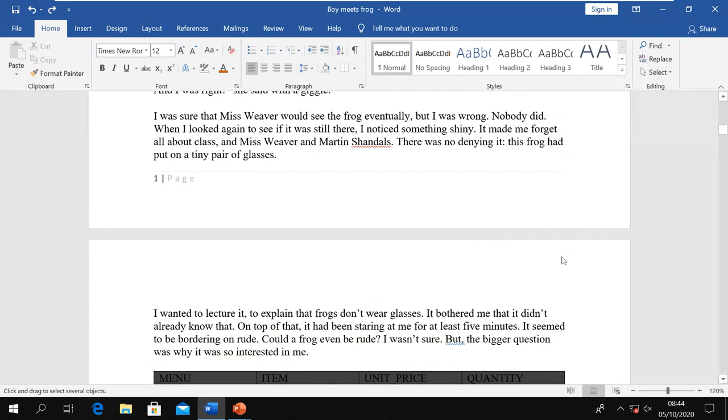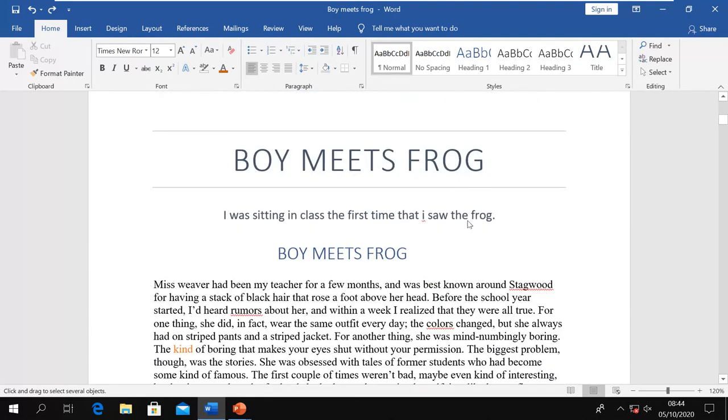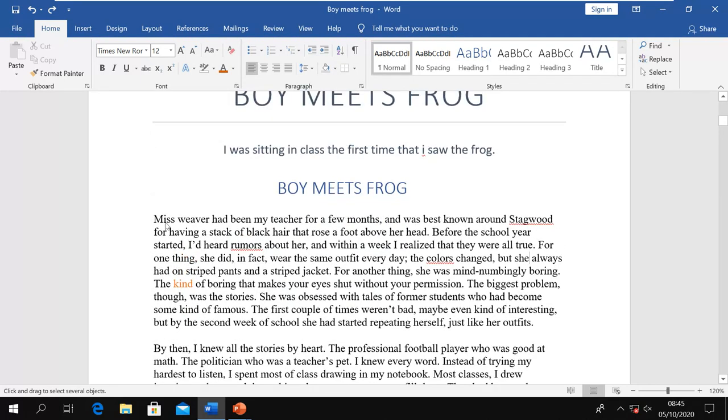Or I can go for select all text with similar formatting. Similar formatting means if you have some text with similar formatting in your document, then you can select only that text. Suppose I change this one with this color, I change this one also with this color, and I change this one also with this color.